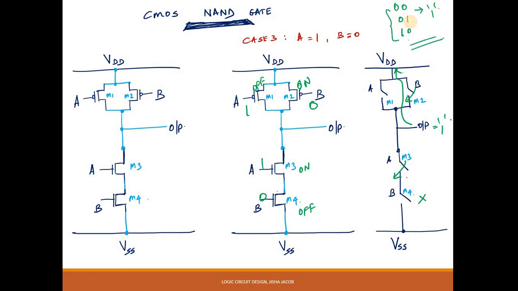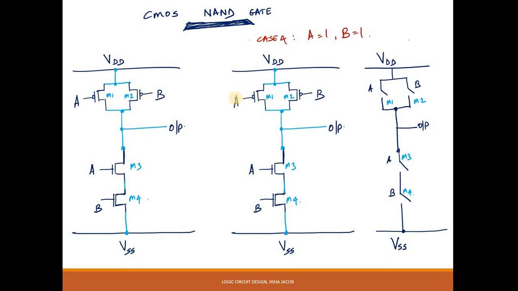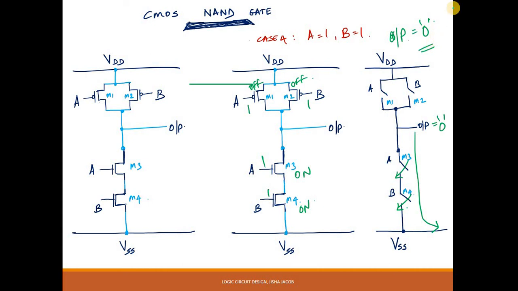So far, so good. The final case is A is equal to 1 and B is equal to 1. So let us apply 1 and 1 at the NMOS and PMOS transistors. When A is equal to 1, PMOS off, so M1 remains off. M2 also remains off, the switches are open. M3, M4, the NMOS, are on. So let's close the switches of M3 and M4. Finally, you see that there is a connection from the output pull-down to VSS. Therefore, the output becomes logic 0. This conforms with the truth table that we saw earlier.